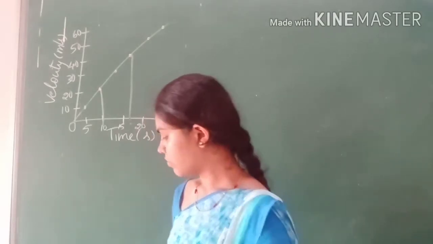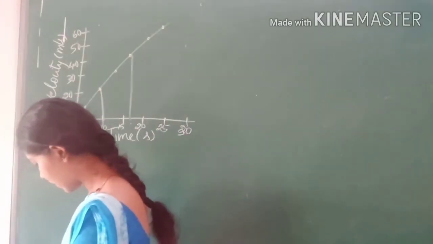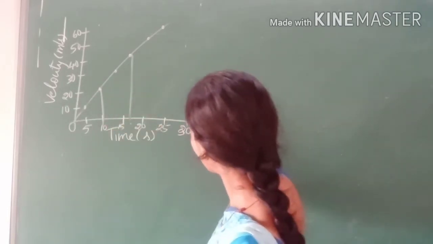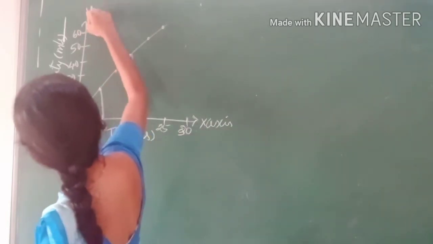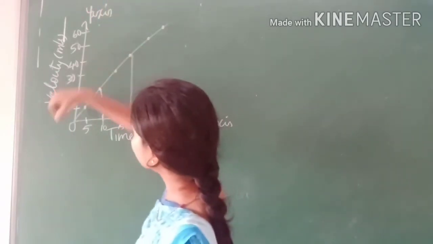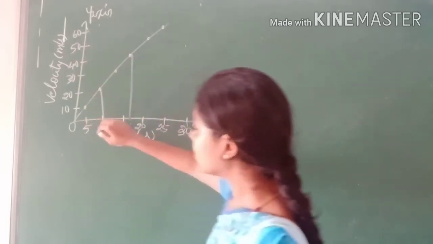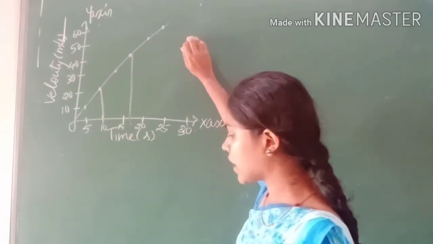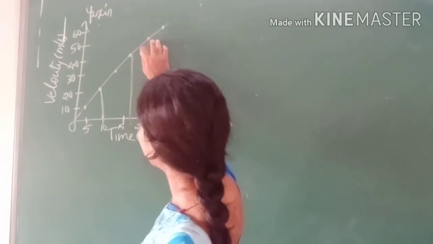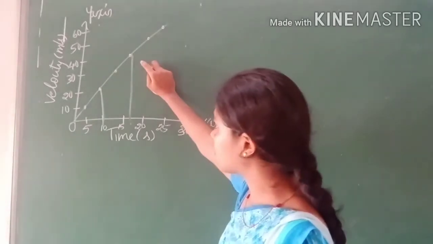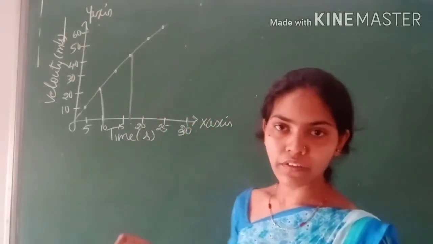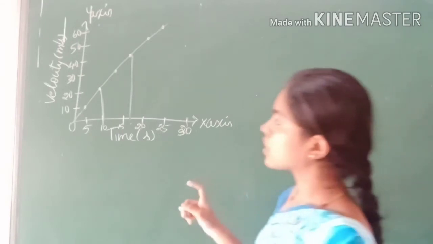Now I am representing the graph of table 8.3. Okay, the graph looks like this. This is along x-axis and this is along y-axis. Along x-axis time in second, along y-axis velocity in meter per second. When you look at the graph, you can make out the velocity remains constant. At any point, if you take the slope, the velocity remains the same. So this is a uniform motion of the object.